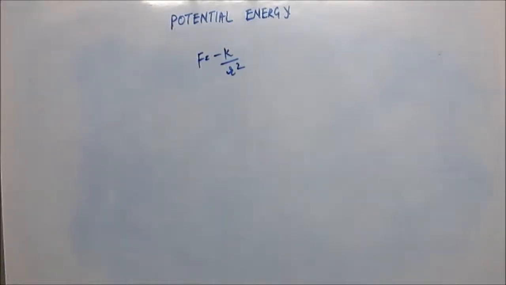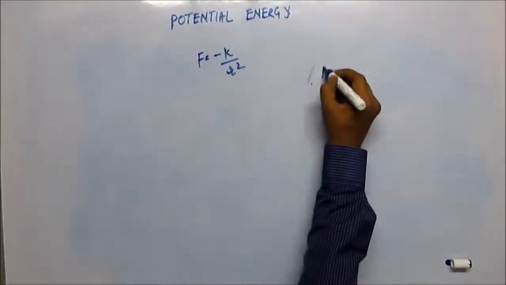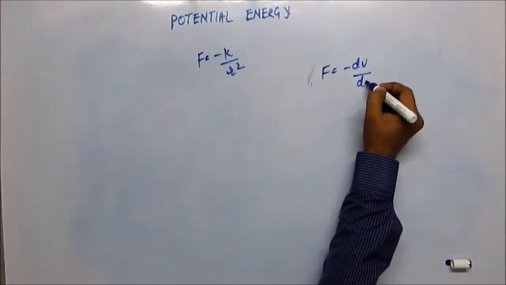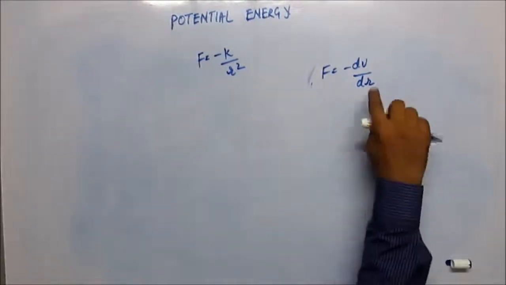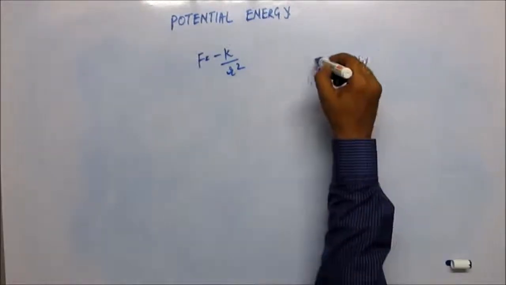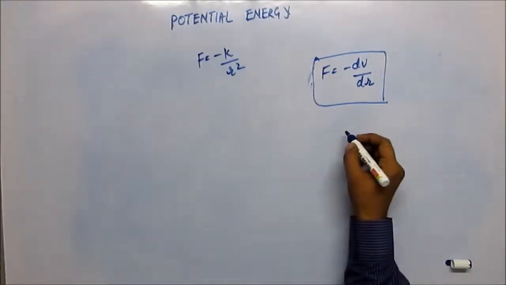Okay, so to find the total energy, we'll prefer to find potential energy first because we have been doing it for quite some time now. Potential energy, U, can be found using this expression that we have studied. F is equal to negative of the first derivative of potential, dU by dx or dU by dr, whatever variable we take, but this r is the displacement. So F is equal to minus dU by dr, which we have studied. This is what has been the focus. So potential energy can be easily calculated.